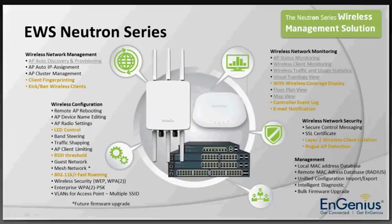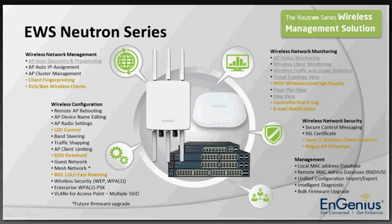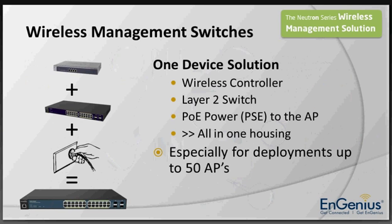The next slide will show you the full features, the full functions of the EWS solution. Like I said, it's a managed wireless solution consisting of 2 different components, where competitors need 3 or 4 components. So it consists of indoor and outdoor managed access points, and in the backbone there is the wireless management switch. This one. There is one thing in the EWS Neutron series, that the access points that are connected to the switch